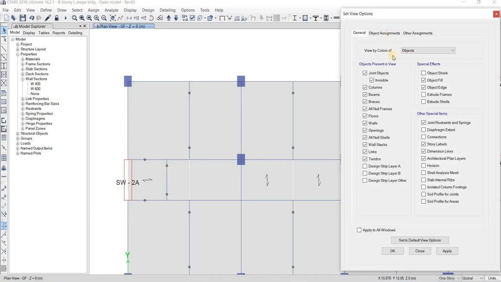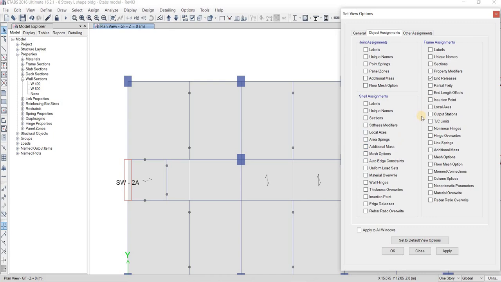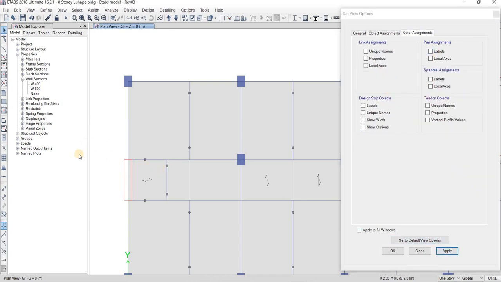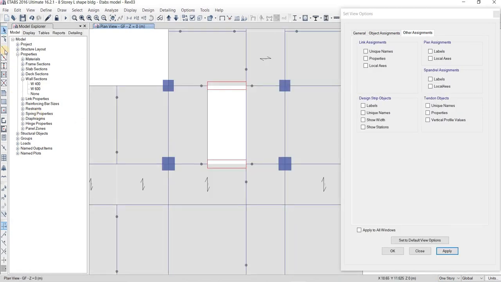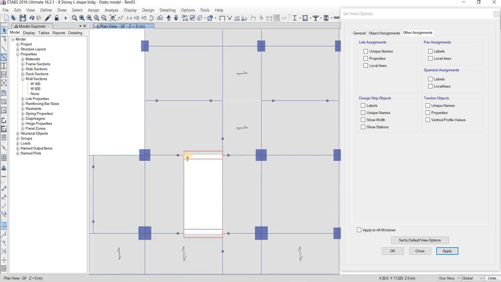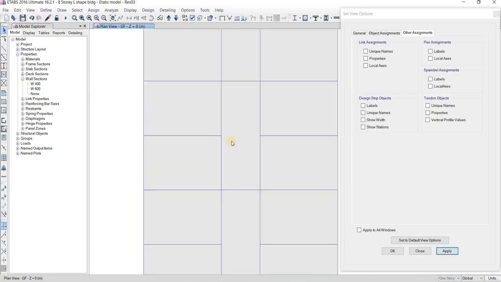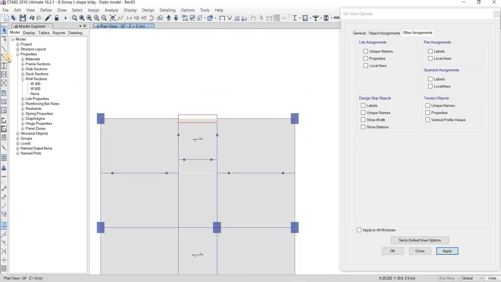So I will just remove the wall property or the pier label. Okay, let's say this one is 3 meters, then this one is 3 meters. So the section and the geometry are the same, so I can assign them as one pier section